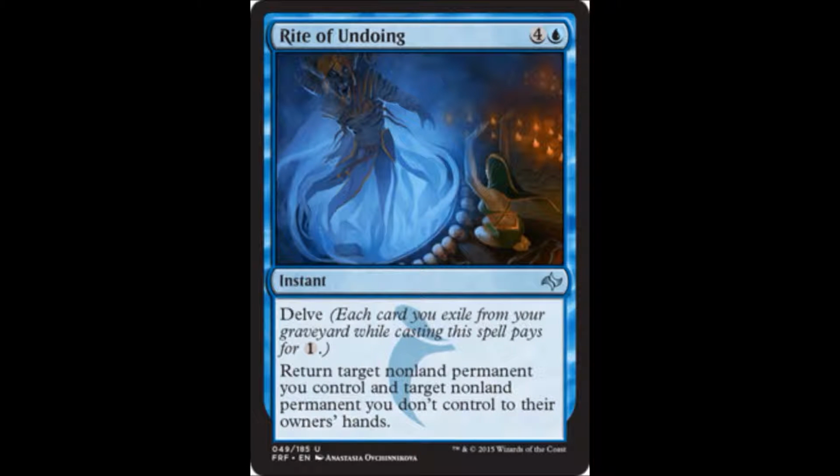Rite of Undoing, 1 blue and 4 colorless for this instant. Return target non-land permanent you control and target non-land permanent you don't control to their owner's hands. And you have Delve to take off some of the casting cost of this as well. For each card you exile from your graveyard while casting the spell, pays for 1 colorless mana. So great way to convert your cards in your graveyard to mana to make this a very cheap spell, potentially even just for a blue, and a pretty powerful effect, especially when you're only paying maybe 1 or 2 for it. You're returning a permanent